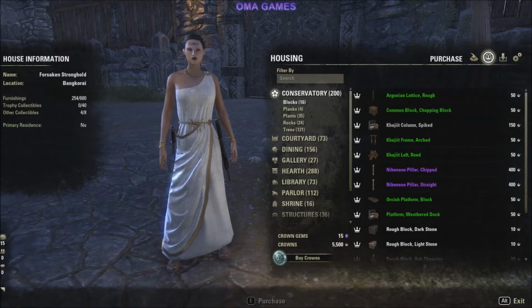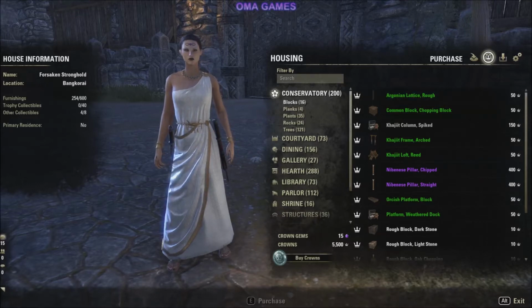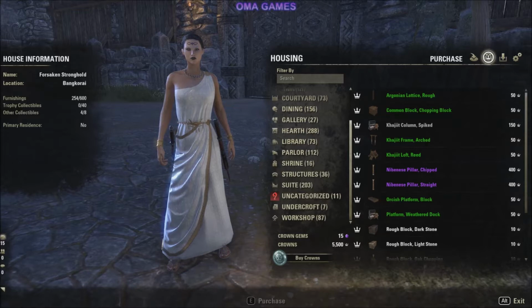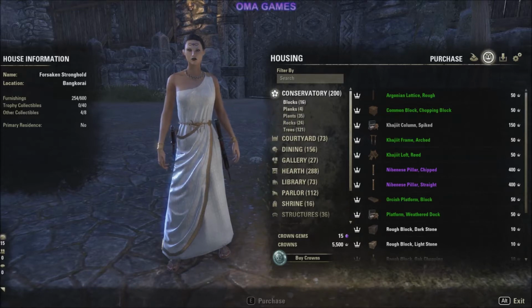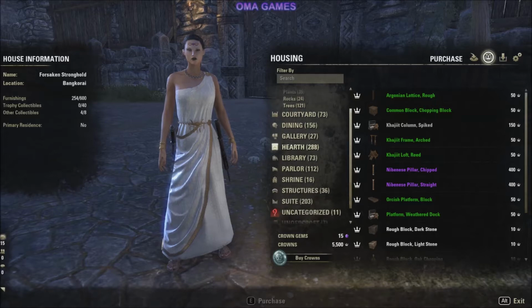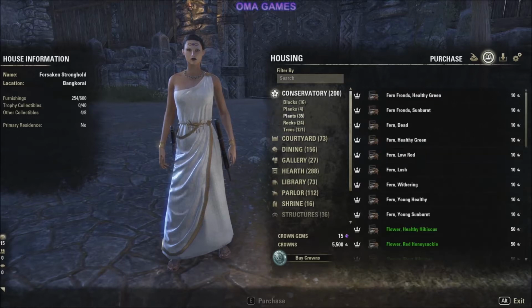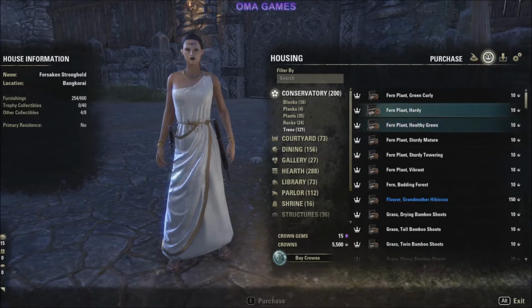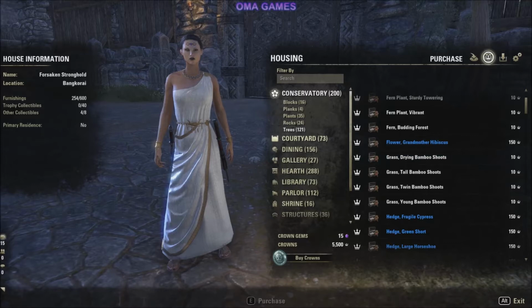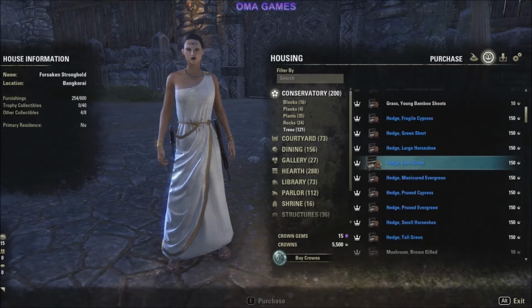Okay, so in the housing section of the housing editor, you can get the Crown Shops items. Obviously, you can buy anything for crowns. I'm sure they would have no problem with that. And they have different sections. So they have the conservatory, which is basically your landscaping items, rocks, trees, plants, planks, blocks, all kinds of trees,